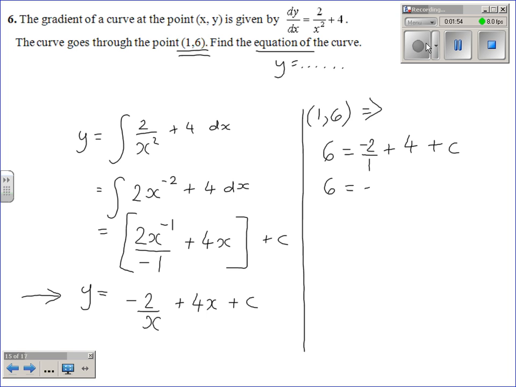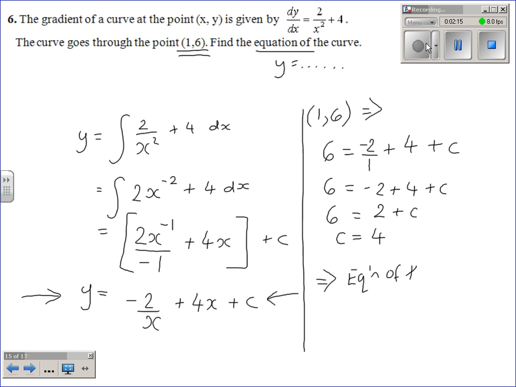So 6 equals minus 2 plus 4 plus c. So 6 equals minus 2 plus 4 is 2, plus c. So c equals 4. So at that point you haven't quite finished. You need to go back to this equation here and just substitute it back in. So that implies the equation